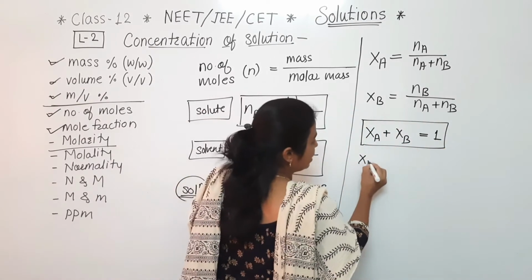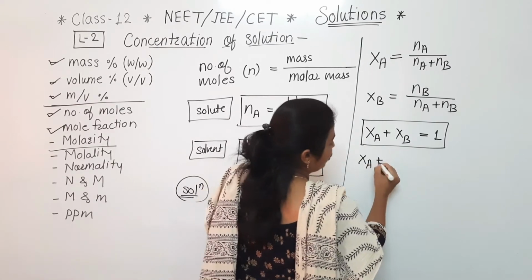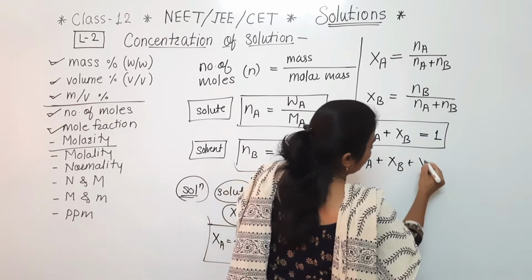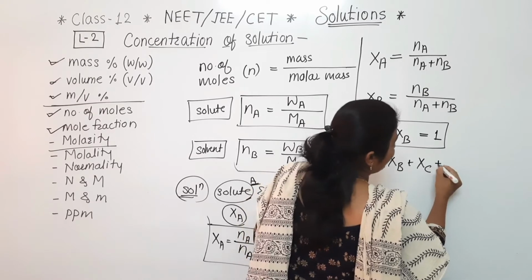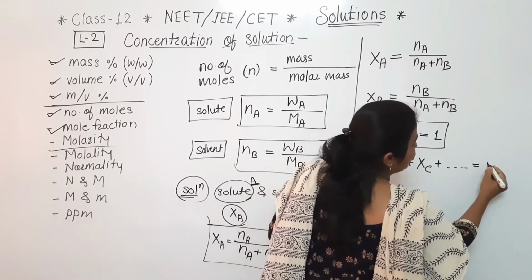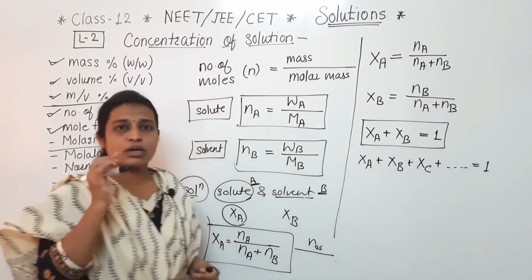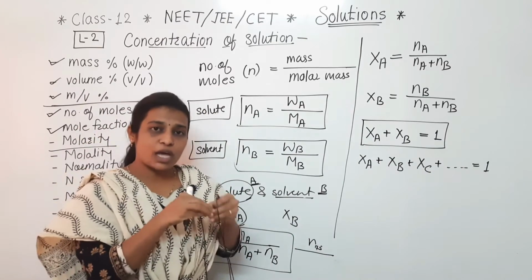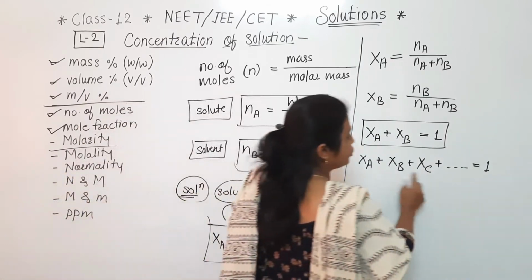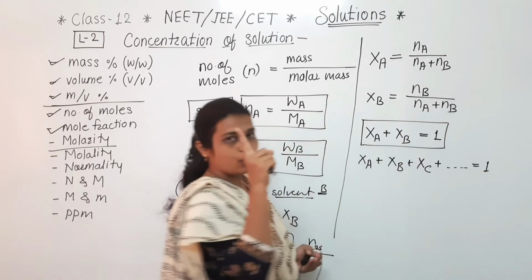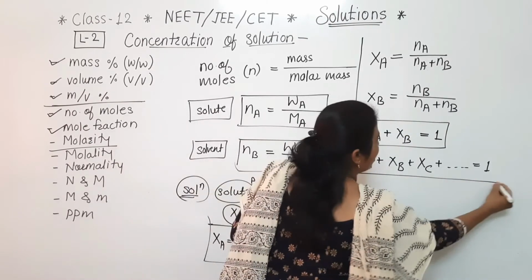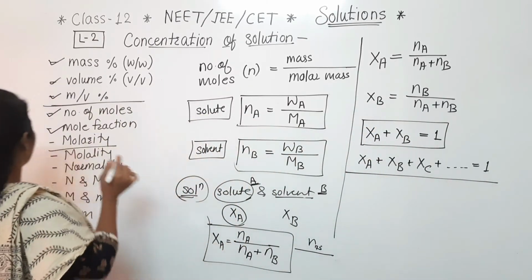This is one important term. Otherwise we can write it like this also: mole fraction of the first component, plus mole fraction of the second component, plus mole fraction of the third component, and so on, is equal to 1. That is also correct. However many components we have involved, उनके mole fraction की sum is always 1. ठीक है, तो ये concept हो गया which is related to the mole fraction.